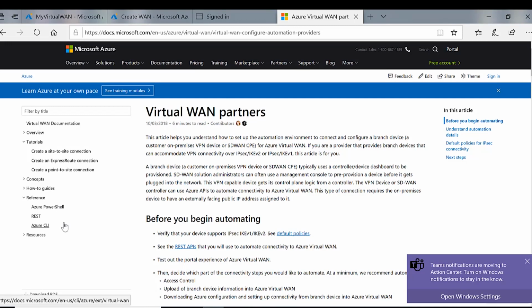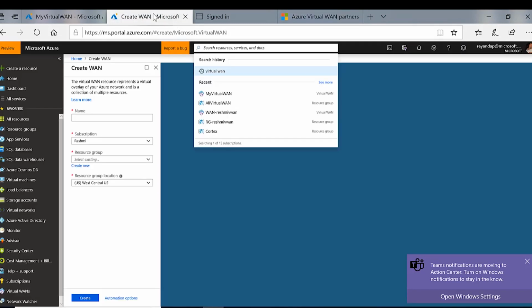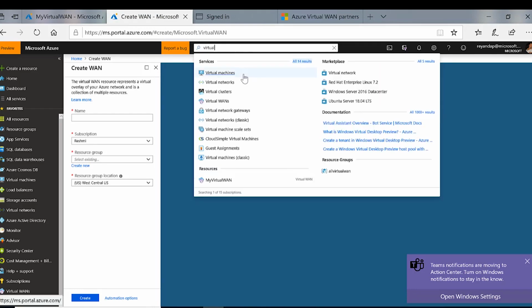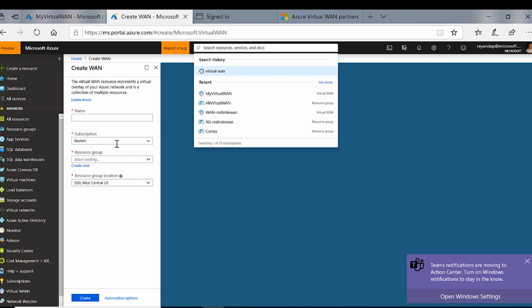Our portal is our main medium, and we are also bringing in quite a few advanced portal options later this year. So super excited about that. And if you wanted to get started, what you would do is you would go into the Azure portal, look for Virtual WAN ARM resource. This is just like any other resource in Azure. Look for Virtual WAN, and it's going to bring up this blade. Put in the name, pick your subscription, and pick a resource group, and then pick the Virtual WAN resource group location, and this is just where the metadata is stored. Virtual WAN is just a global resource.